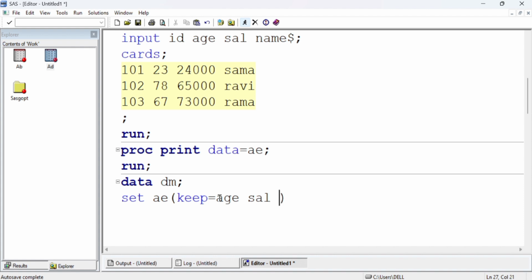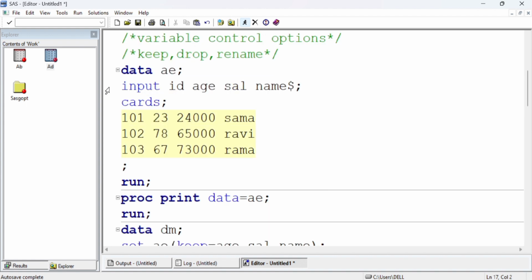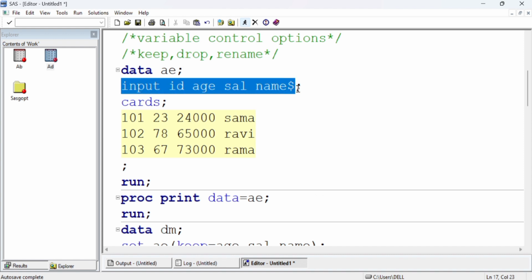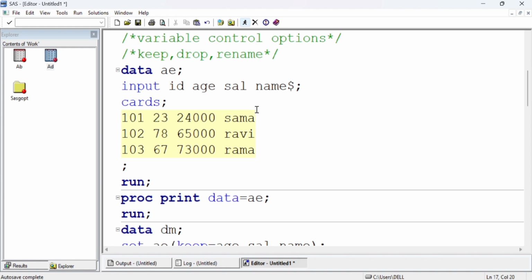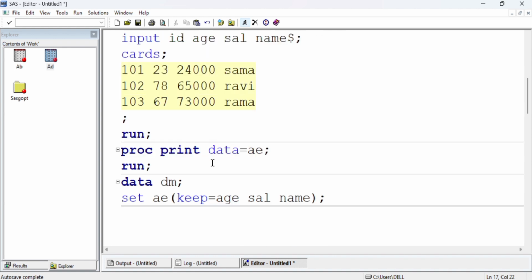You may have one doubt: why are we not writing dollar here? See, dollar is used only for the input statement. In the input statement, we need to give this for a character variable. A character variable stores alphabets, right? So for that purpose, we give the dollar sign there. Dollar sign is used only for the input statement, not here. So you can see here, I have written keep equals to age, sal, name. Then run;